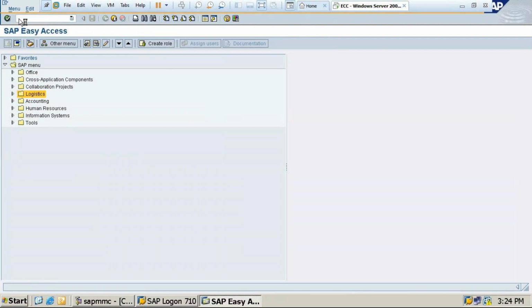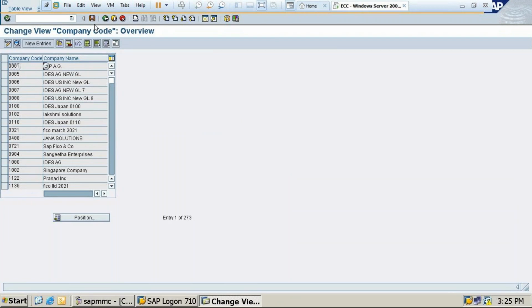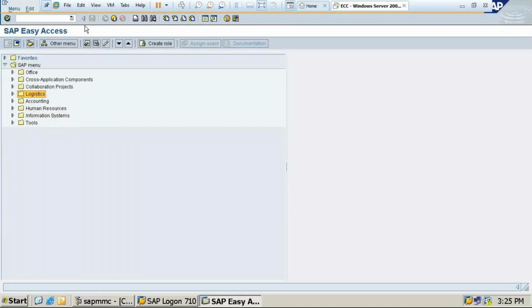For define company it is OX15, here it is OX02. So it will come directly, or else you can go by path also.